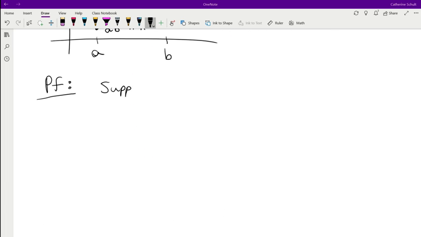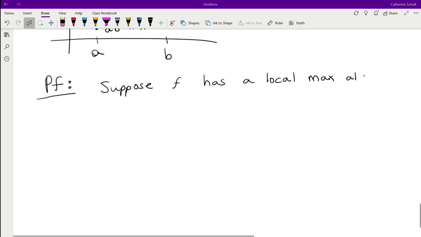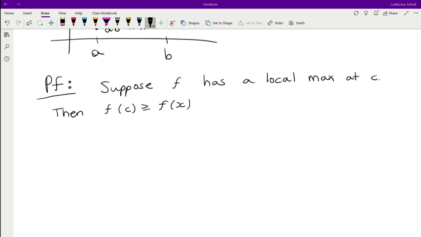So let's start off by expressing or assuming everything in the hypothesis holds. So suppose f has a local, we'll start with maximum. Okay, so what does that mean? So if we're a local maximum, it means that f of c is greater than or equal to all f of x if x is near c. Okay, if we wanted to bring in our calculus vernacular, we could say x is sufficiently close to c. Do you remember that terminology from chapter 2? Okay, so if h is close to 0,